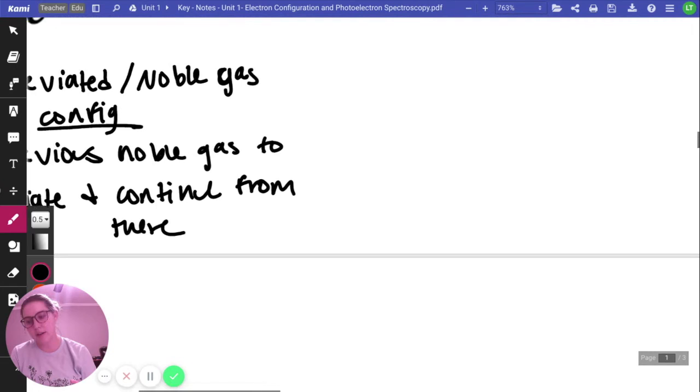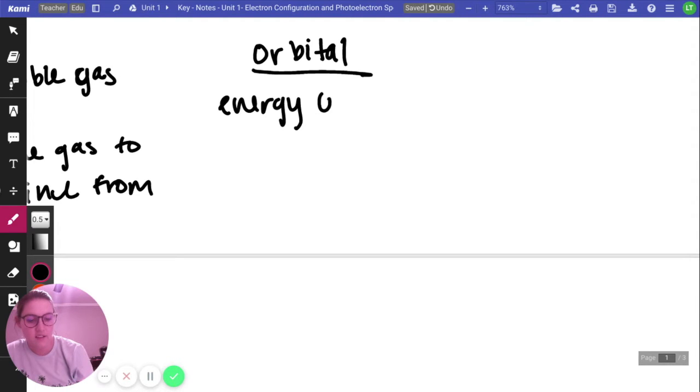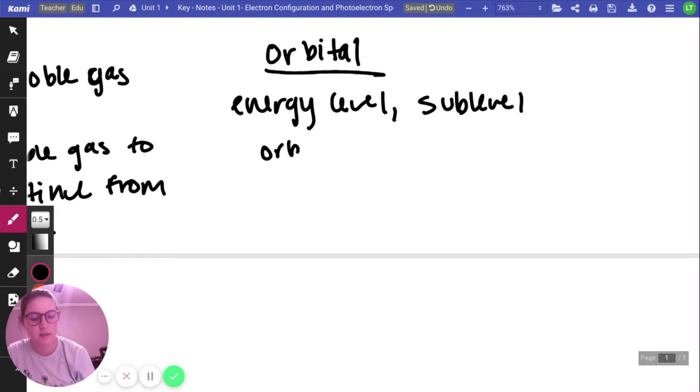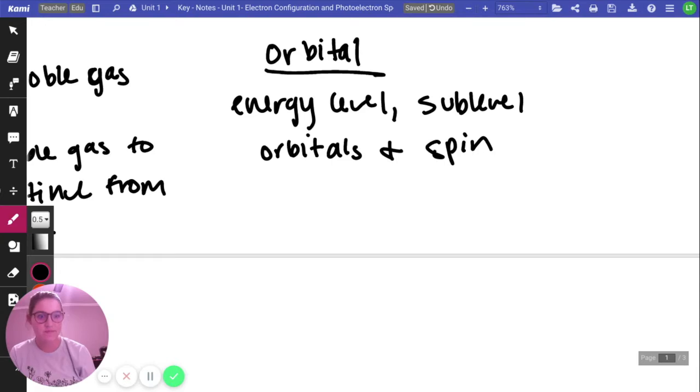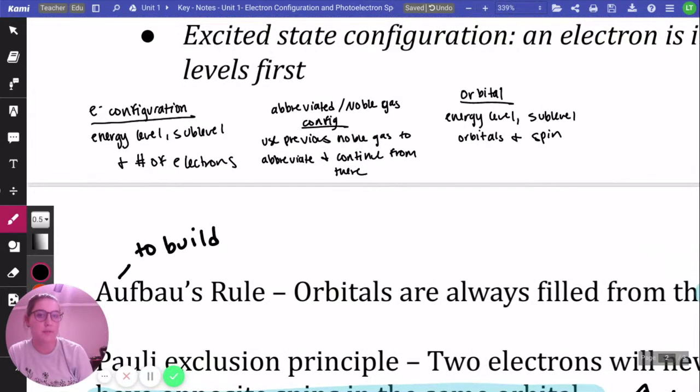And then finally, our last one is our orbital notation. In our orbital notation, it shows it all. It has our energy level, our sublevel, the orbitals, and spin. All right. So there you go. There's our three types of configurations: just our normal electron configuration, abbreviated or noble gas, and our orbital